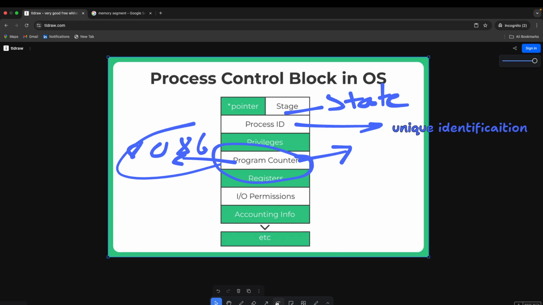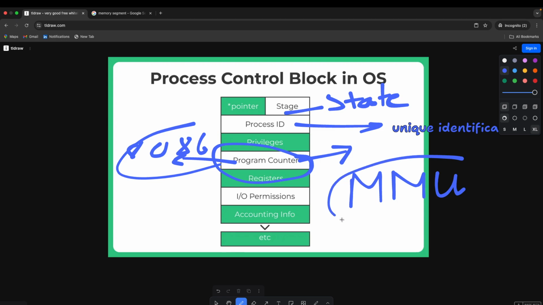So state is done, process ID is done. Now, when we come to the program counter, we are basically going to the RAM, and we will be using the MMU, the memory organization that is given by the OS.